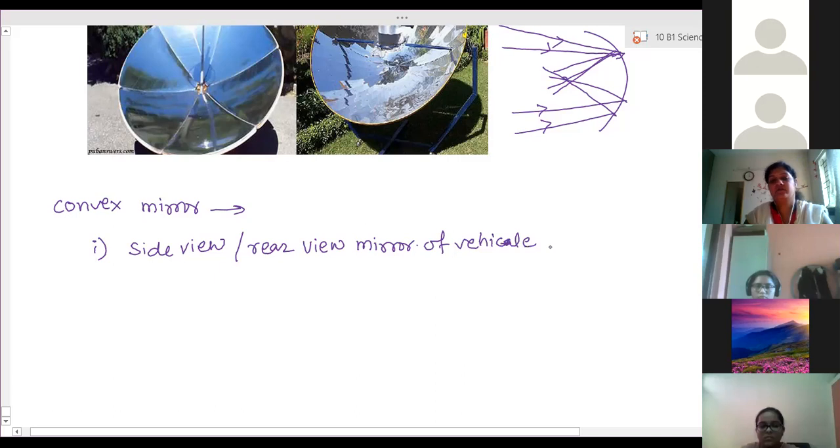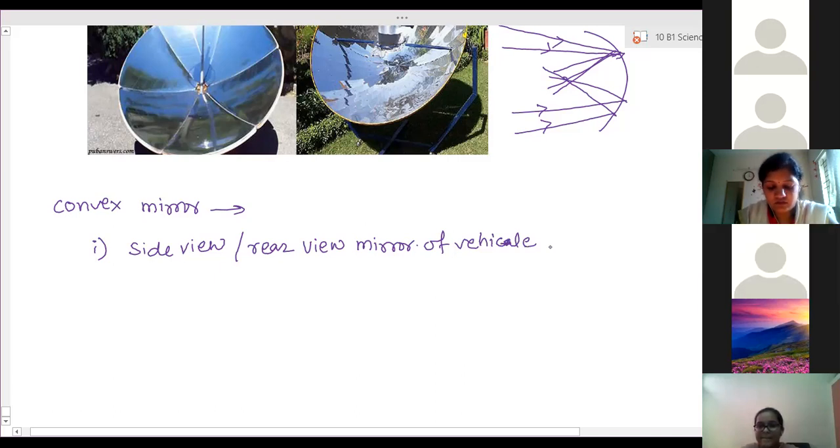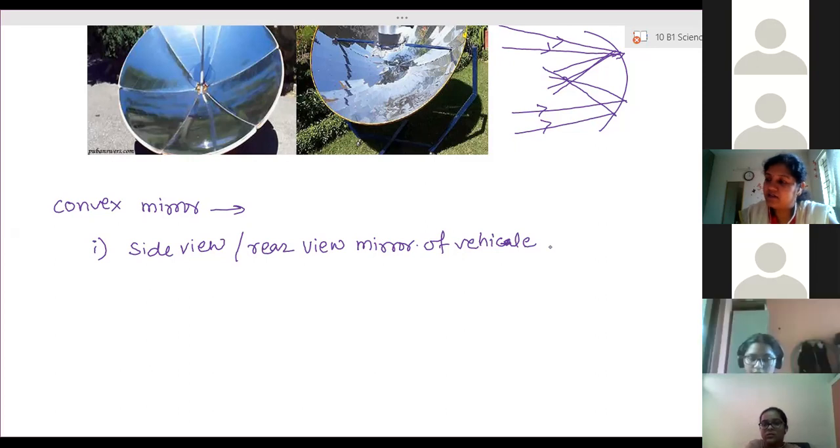Which type of mirror is used as a rear view mirror of a vehicle and why? Because to recognize that ambulance symbol is done. No. Ma'am, can I? Because it gives a wider range of view, like you can see a wide range through those mirrors. Ma'am, because it's a diverging mirror. Yes, it is a diverging mirror.